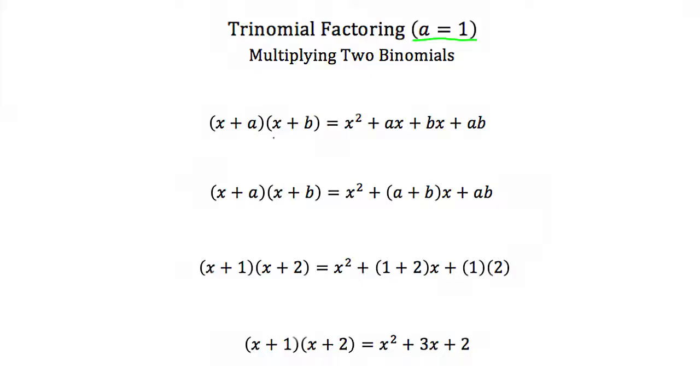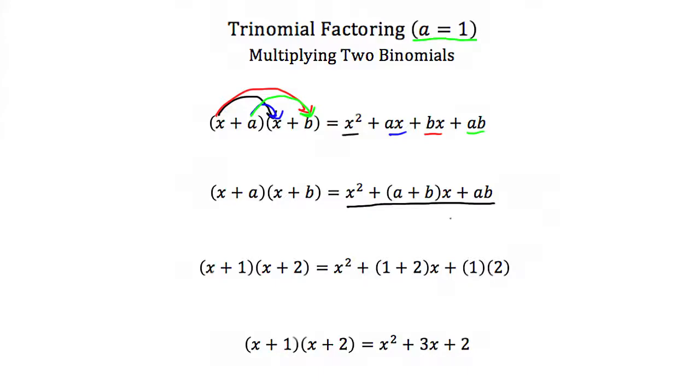I would FOIL, or take everything in the first binomial and multiply it by everything in the second binomial. So I would take x times x and end up with x squared. I would multiply a times x and end up with ax. Next, I would take x times b and end up with bx. And then lastly, a times b and end up with ab. If I combine my like terms, I'd end up with x squared plus a plus b times x plus a